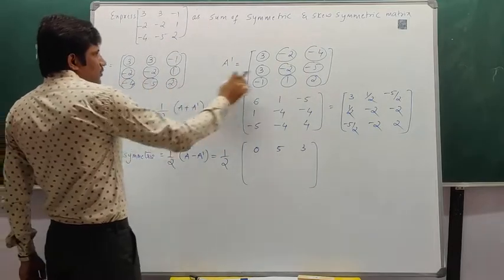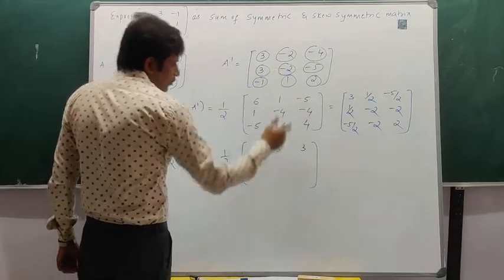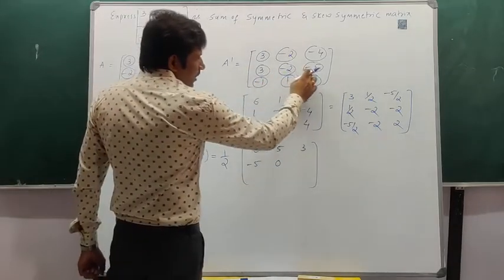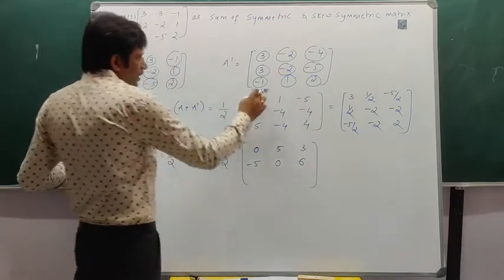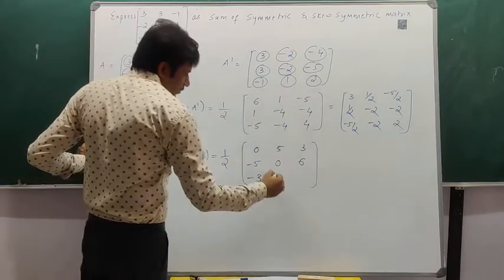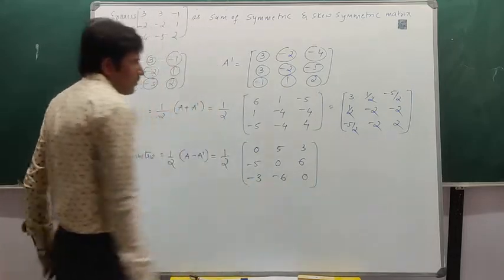Right? So minus 2 minus 3 is minus 5. Minus 2 minus of minus 2 is minus 2 plus 2, that is 0. So 1 minus of minus 5, that is plus 5, that is 6. So then minus 4 minus of minus 1, that is minus 3. So minus 5 minus 1, that is minus 6. So 2 minus 2, so that is 0.